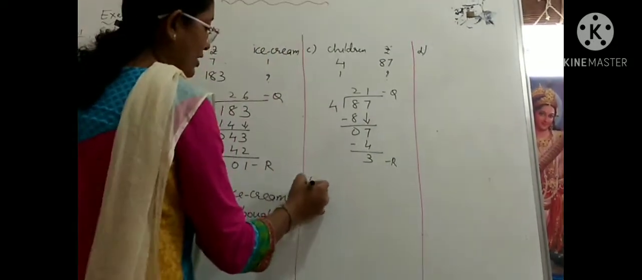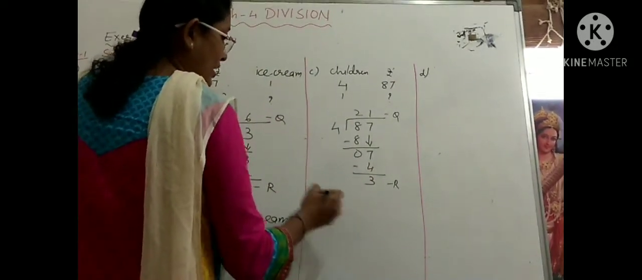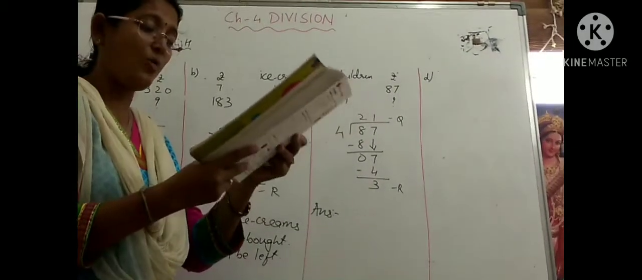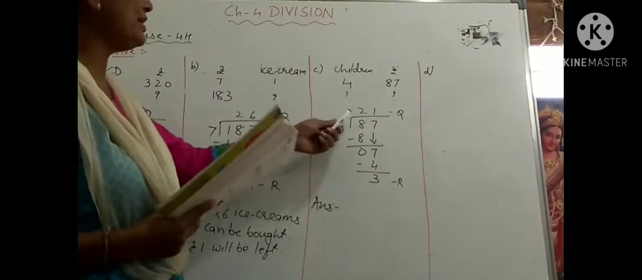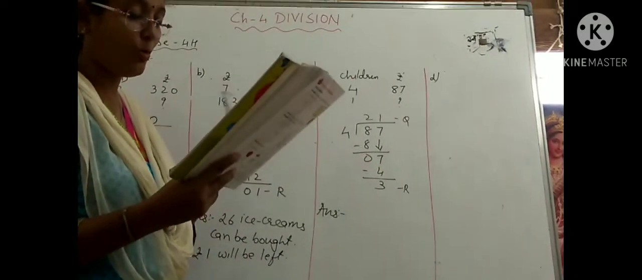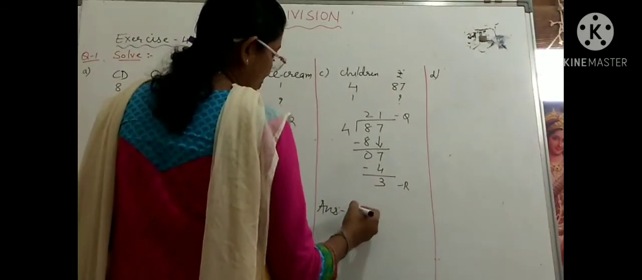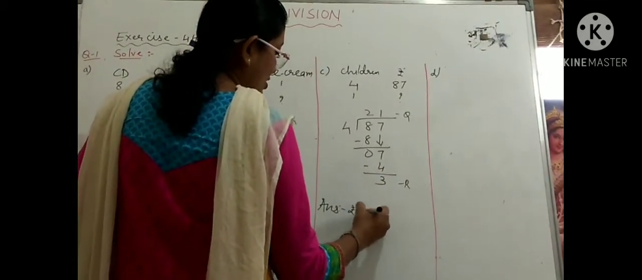But here you have to write the answer now. How will you write the answer for this? Let us see what the question asked is. How much does each child have to pay? Each child has to pay rupees 21. How much more money will be needed? Okay, means how many are remaining? So rupees 21